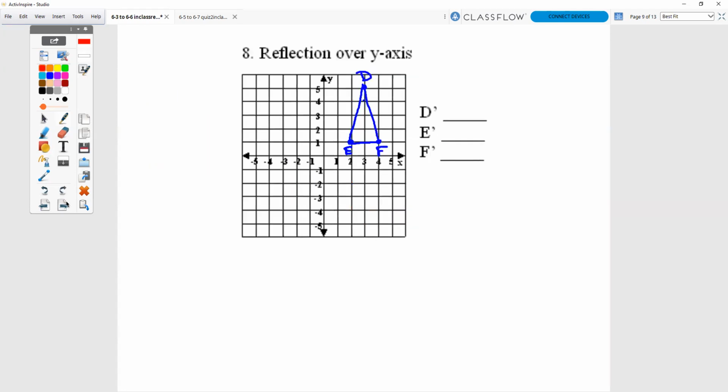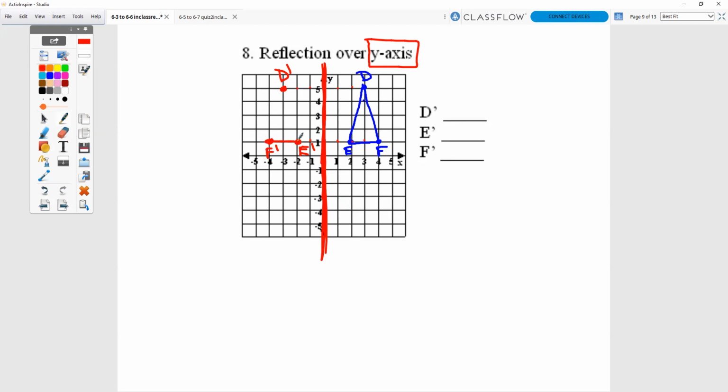In question number 8, this time we're doing it over the y-axis. Again, my suggestion, make that line darker, make that line stand out, because that's what you're counting to and counting from. D is 1, 2, 3 places to the line, 1, 2, 3 places away from the line. E is 1, 2 places to the line, 1, 2 places away from the line is E prime. F is 1, 2, 3, 4 places to the line, 1, 2, 3, 4 places away from the line is